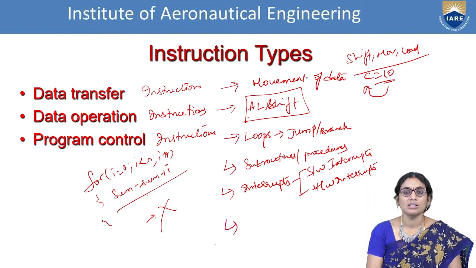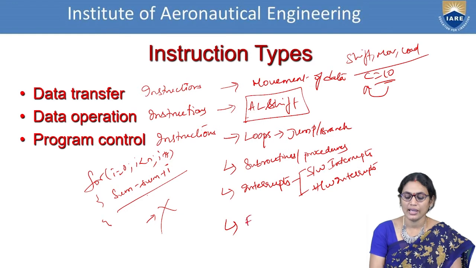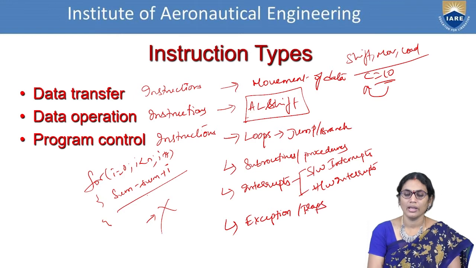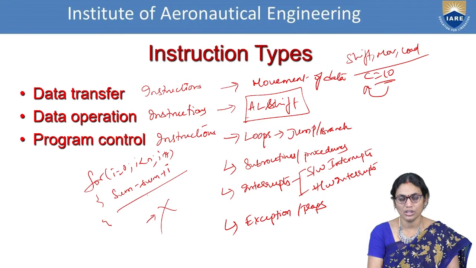The last one is simply handling the errors. If you have indefinite or infinite errors, like looping continuously, you cannot handle the operations. You have to simply break the execution, so you will switch off the system or restart the system. In that case, we need to hold that particular handling of operations. So we call them exceptions or traps.